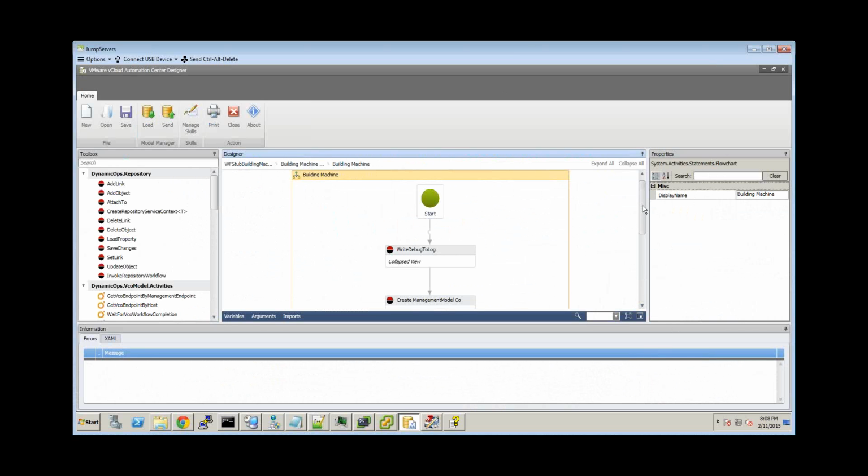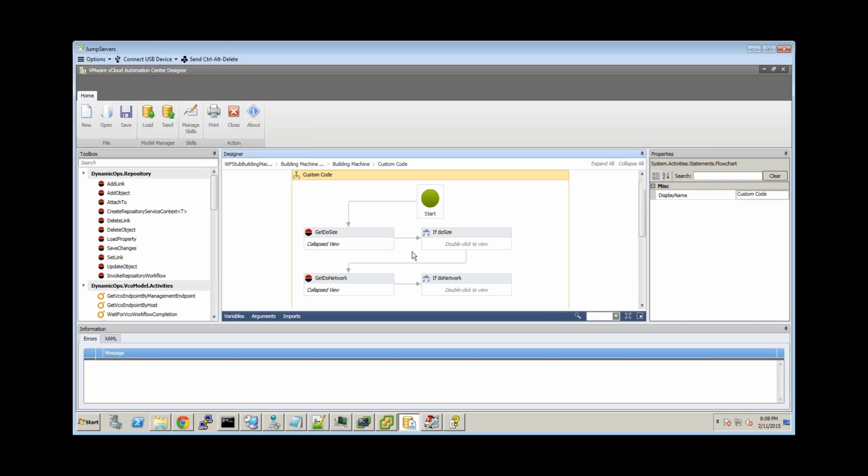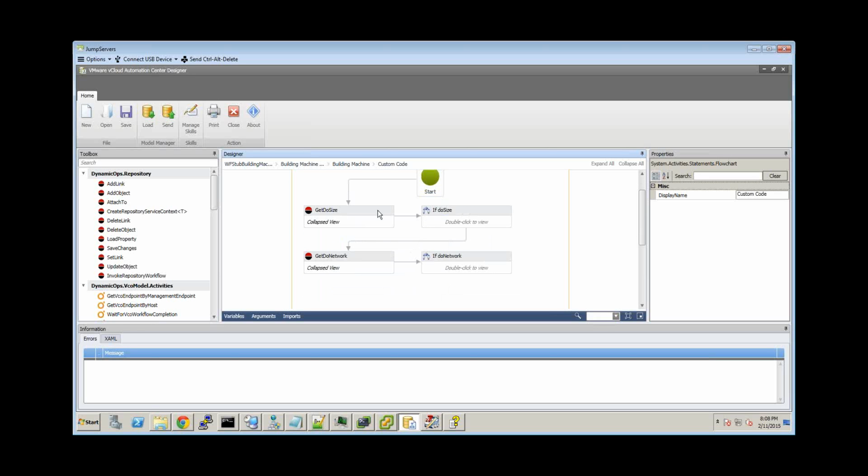Again, we're in the building machine workflow. We navigate into the custom code section. Here's our do size that we had done before. The logic remains intact for that one. And then we're going to add new logic for the